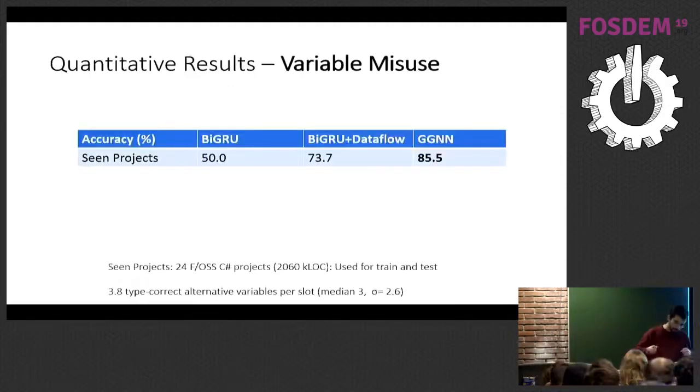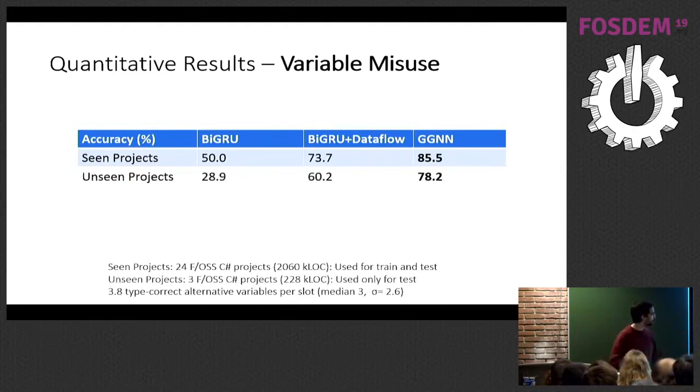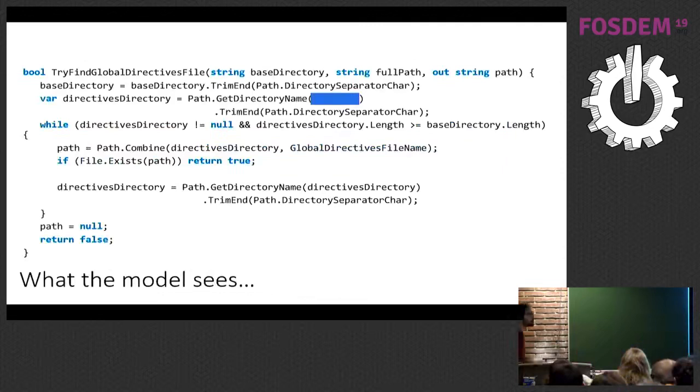Going back to variable misuse, the idea here is that we go on GitHub, scrape C# code, blank out each variable, and ask which of the in-scope, type-correct options we should use, assuming there is more than one. And what happens here is that we do get an accuracy of about 85% on projects where we've trained on a portion of them and tested another portion of them, but we also generalize quite well compared to some baselines. So maybe this is a snippet of code, a real snippet of code, and this is the task that our model needs to get.